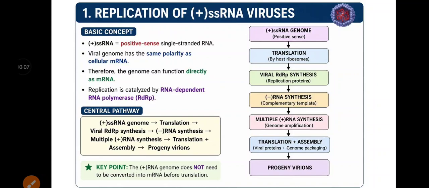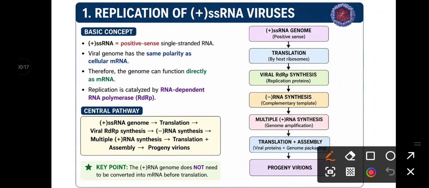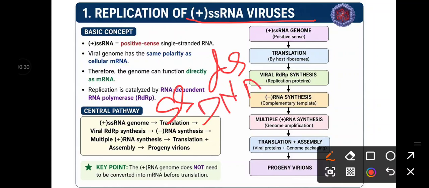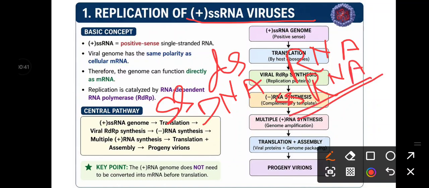So in this video we will discuss replication of viruses. First we will discuss replication of positive sense RNA virus, single stranded positive sense RNA virus. See, viruses may have a single stranded or double stranded genome, that may be DNA or RNA. Again, this single stranded RNA virus, based on the genome polarity, it may be positive sense single stranded or